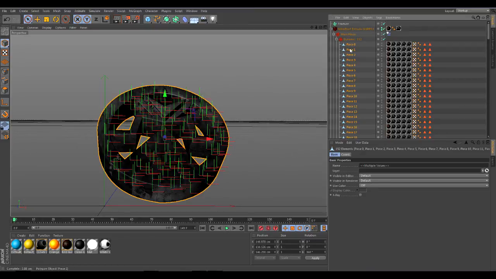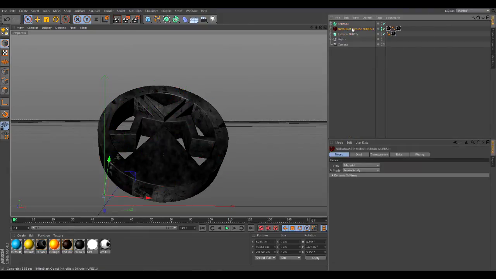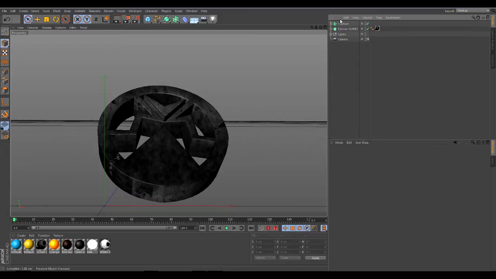All you want to do is just click, drag it into the fracture. When you know it's going in there is when you see the arrow like facing down. Some people do it like this and they mess up. It's putting it under the fracture, so you just want to put it in the fracture like that. And then you can just delete this Nitroblast since there's no pieces in it left since we dragged it out. And then with this fracture,